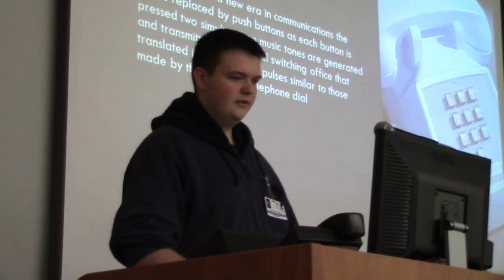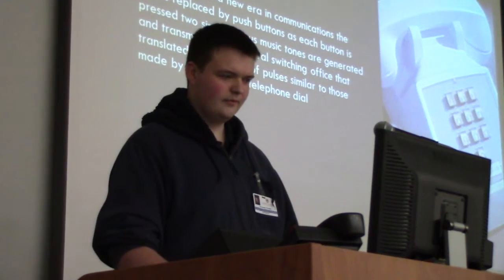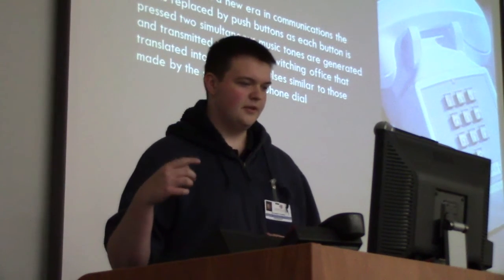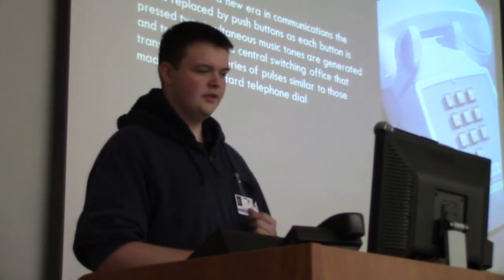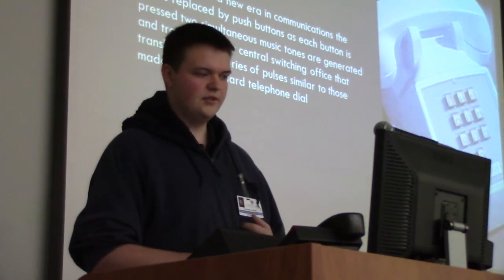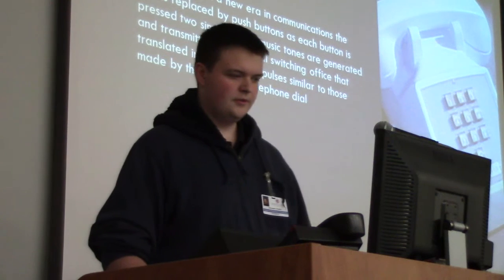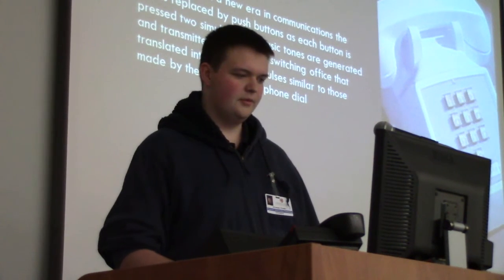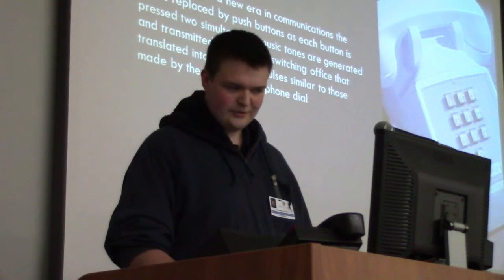And last, we have the touch-tone telephone. It was a new era in communications. The dial is replaced by push buttons, and as each button is pressed, simultaneous musical tones are generated and transmitted to a central office receiver that translated them into a series of pulses similar to those made by